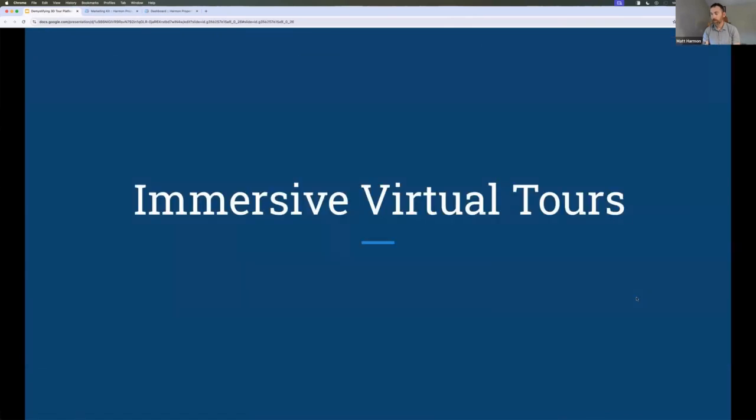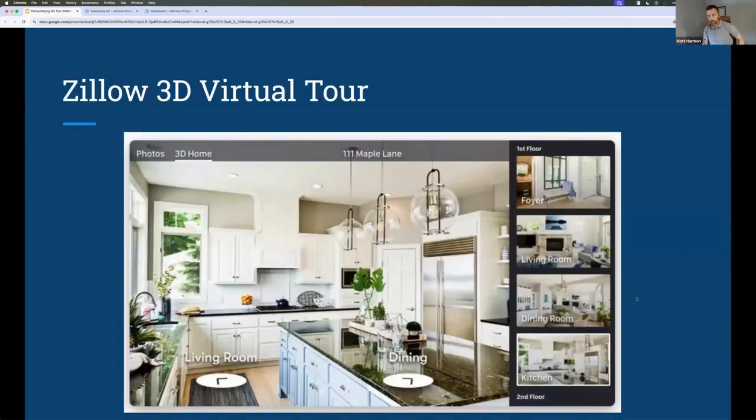Okay, I want to shift gears and talk about some of the technologies connected to this and some of the things that people call virtual tours. That word doesn't really mean a lot anymore, but we're going to take a look at some different examples. So the first one we're going to look at is Zillow 3D Home Tour. I know some of you in this office have used these. We're starting with this one because this one is by far my favorite one. I want everyone to